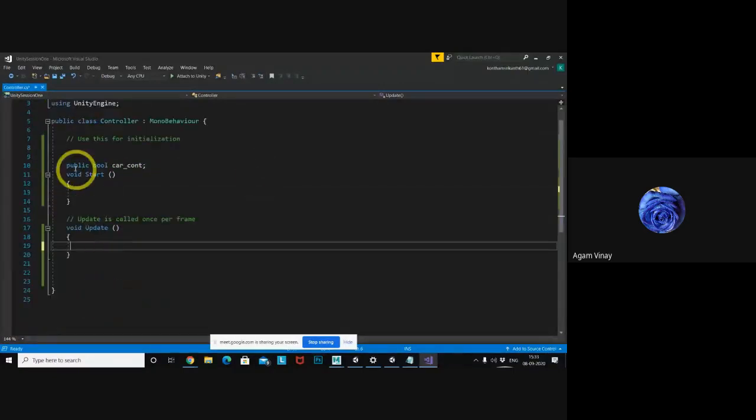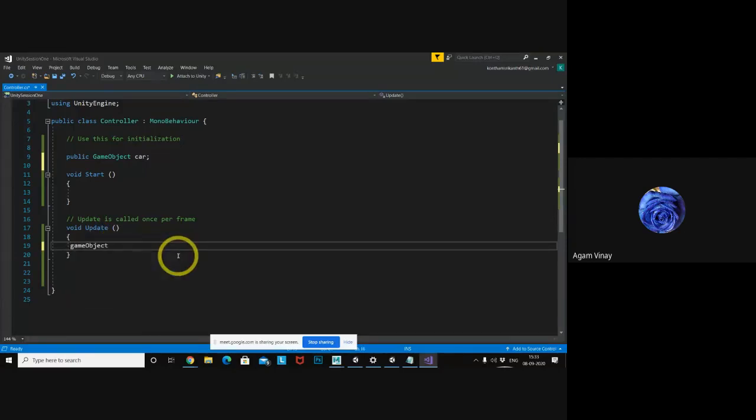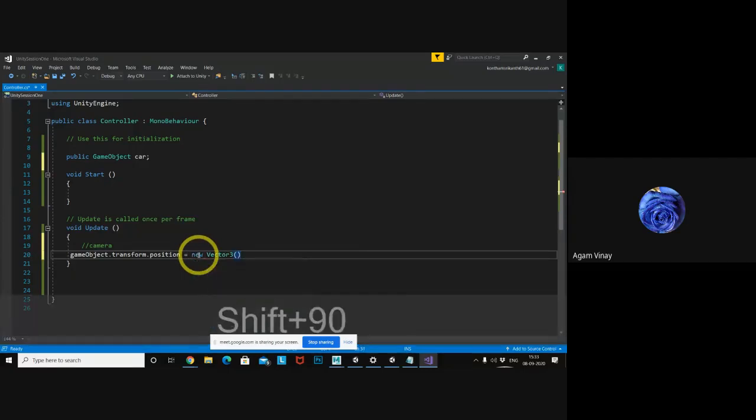So here I will write like this. Just observe it. Here I will take a public GameObject car. I will take the reference of the car. Here I will write gameObject.transform.position. This script is for the camera, not for the car. So the camera position will automatically change based on whatever the car direction is.